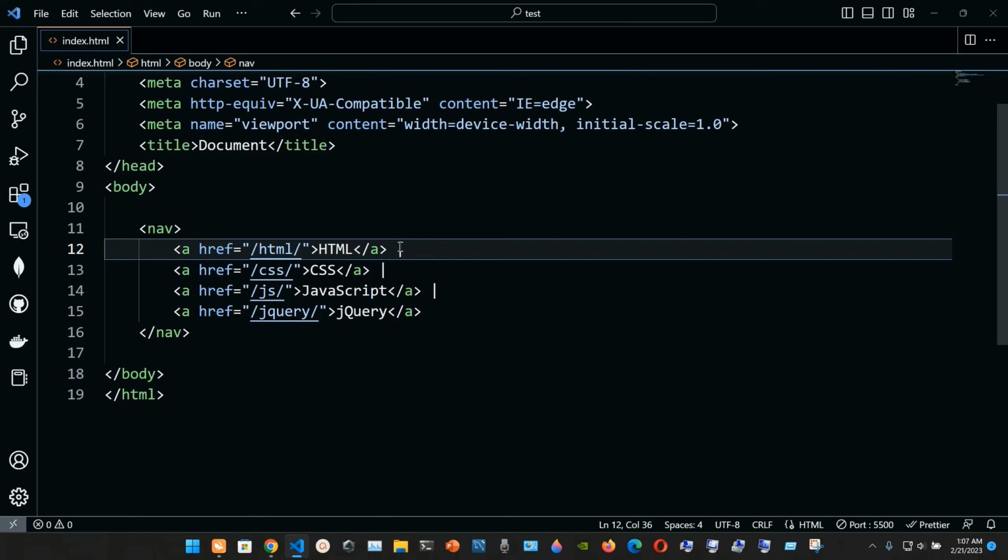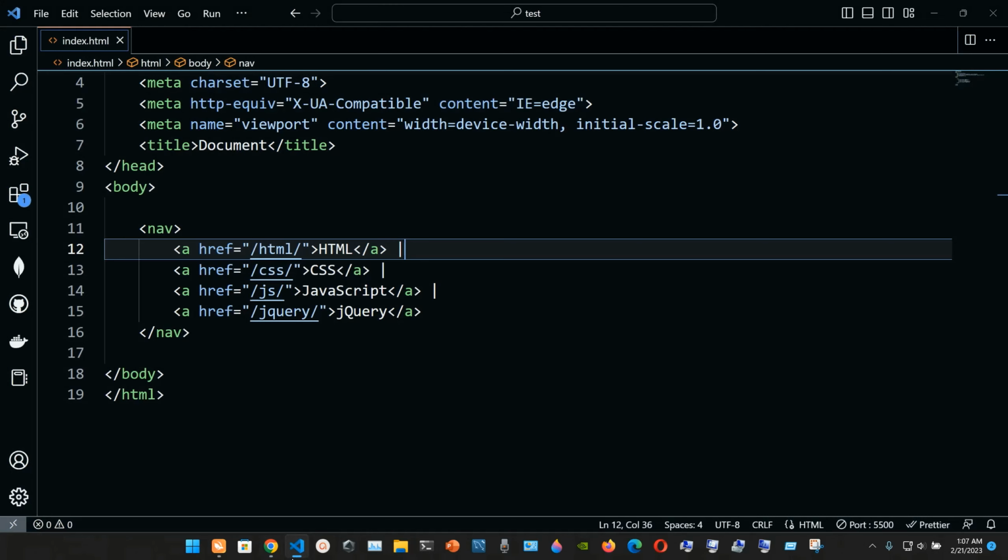So now we're gonna use this vertical bar, or the logical or. So we are gonna save it, and we're gonna open our website, and this is how it should look like. And this is the vertical bar, or the logical or operator. So we're gonna have HTML or CSS or JavaScript or jQuery,